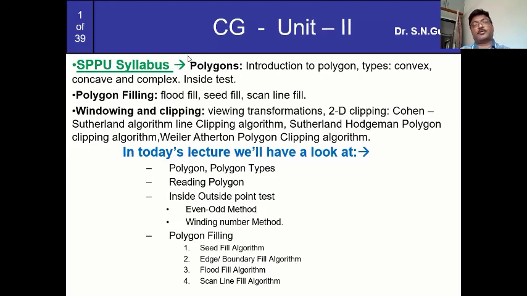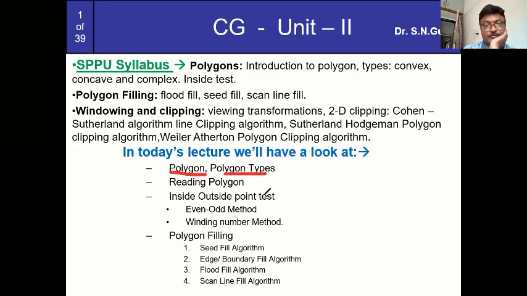Yes, sir. Okay. Now start our unit number 2. So that's the main point we are going to cover again, because some of the students need it explained again. So in this unit number 2, what are the major points? First one is, what do you mean by polygon? That is the definition of the polygon, and what are the types of the polygon?